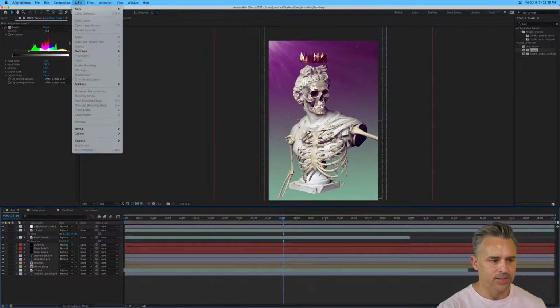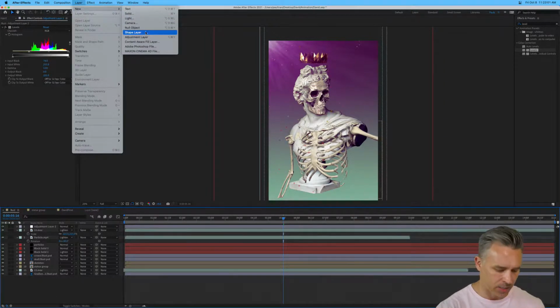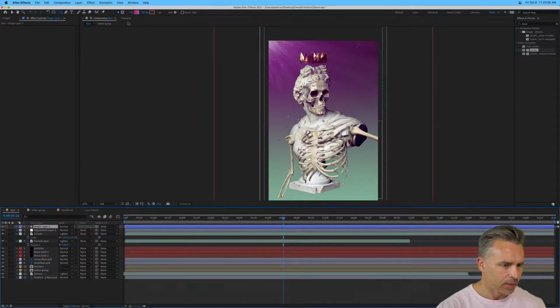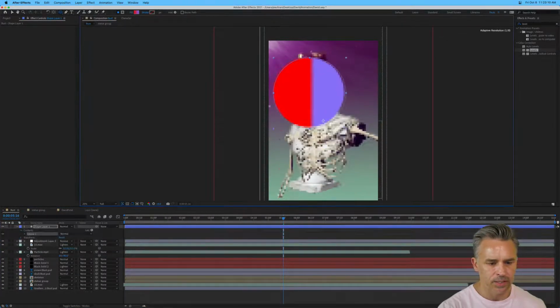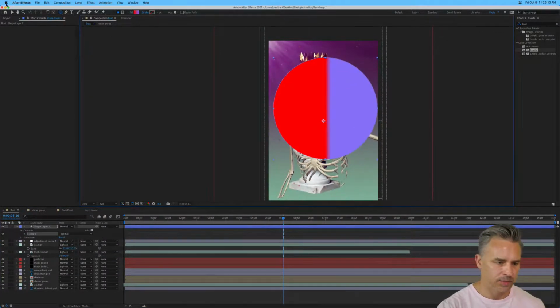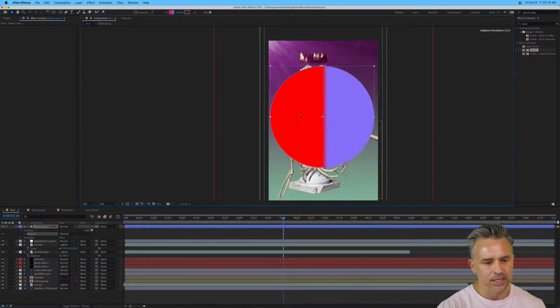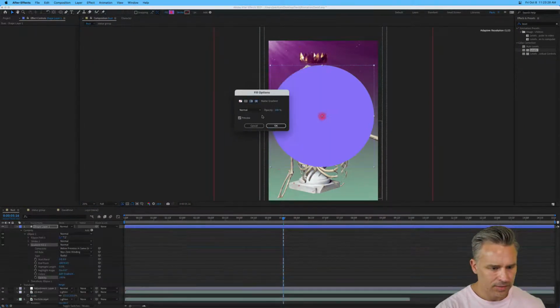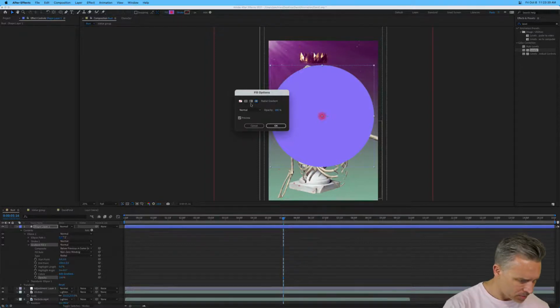Again, the goal, since this is a Photoshop masterclass, is to kind of ease you into After Effects. New shape layer. There's our shape layer. From here, we can just take the ellipse and draw out an ellipse. Yours obviously is not going to look like this, because this looks ridiculous, right? Because that's my crazy fill that I have in there. So let's change that. In fact, I could change that to